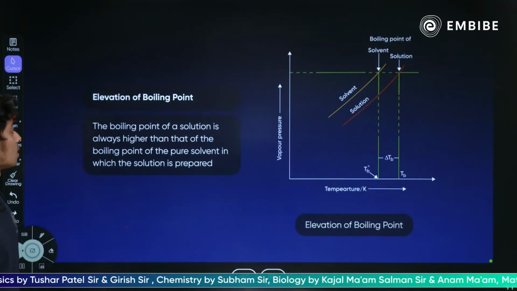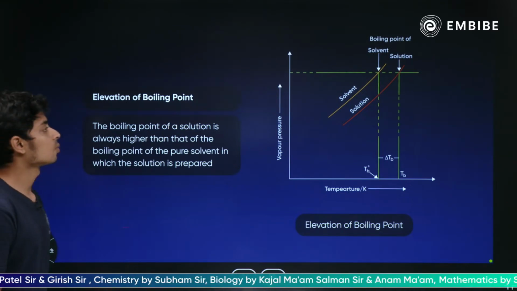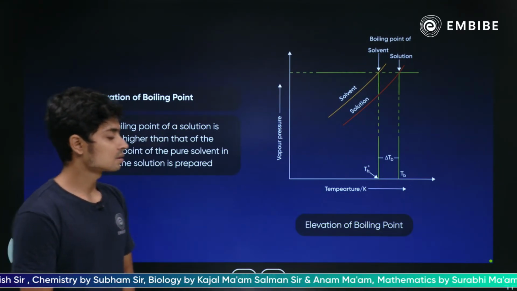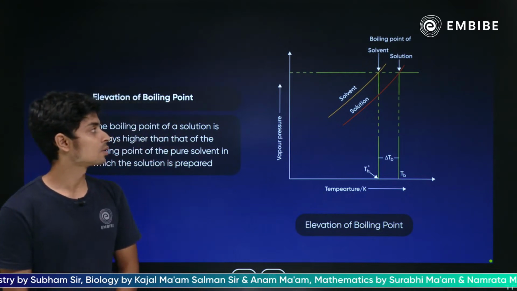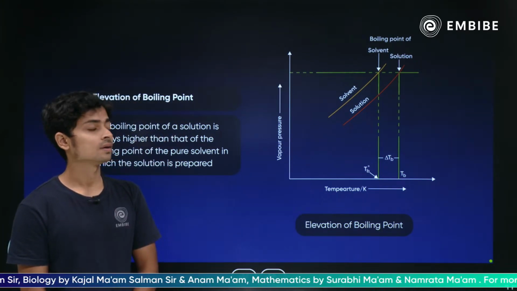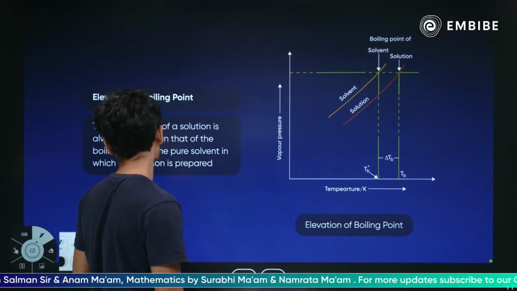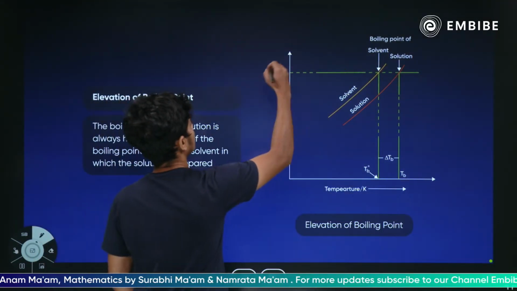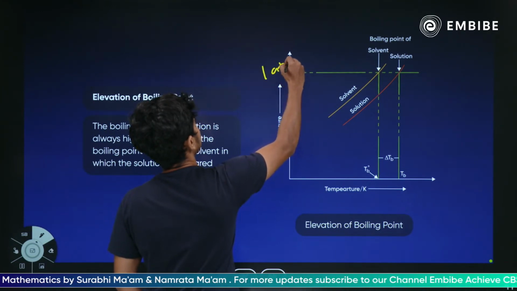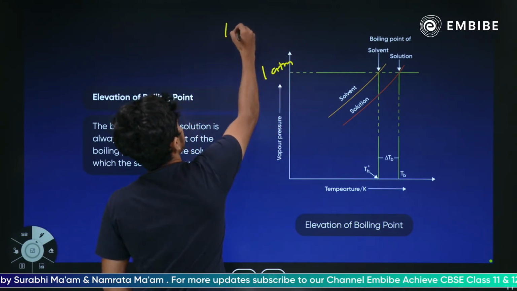So another colligative property is elevation of boiling point. Okay, so when does a mixture start boiling? When the solution's vapor pressure will be equal to the atmospheric pressure. So this line you can take it to be 1 atmosphere. Okay, generally at sea level we have this much pressure, 1 atm. Okay, 1 atm is equal to